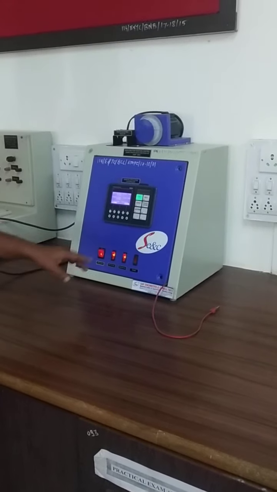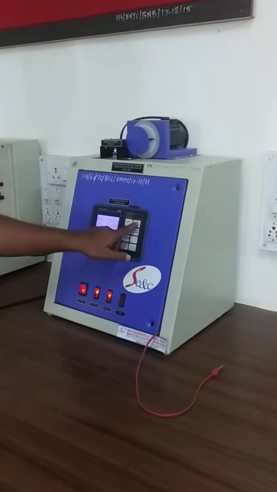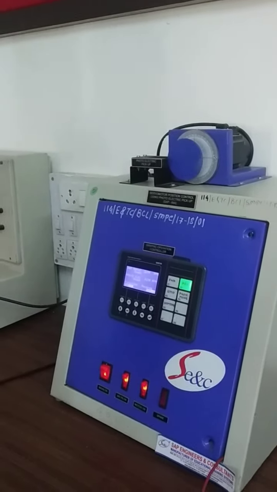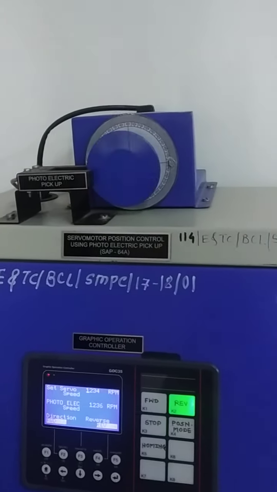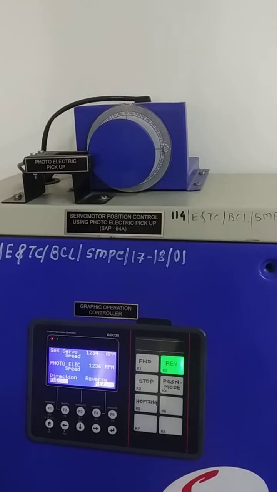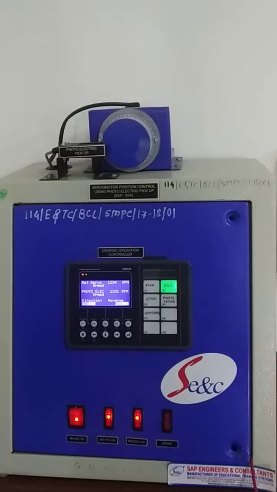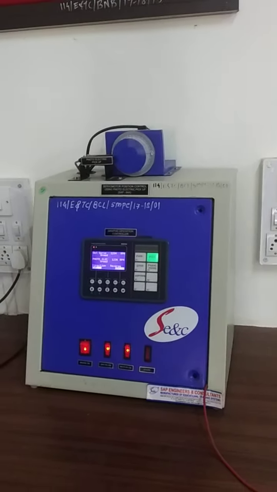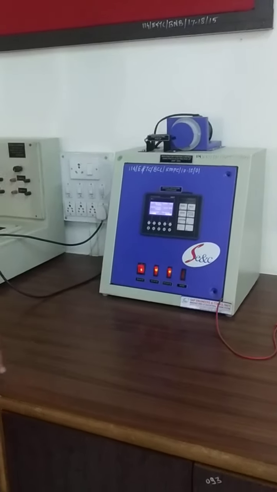Here we can do the reverse of this also. So we have to stop the motor and rotate it in the reverse mode. Now the motor is rotating in the reverse direction. Here you can also see this motor is rotating in the anti-clockwise direction, whenever we are saying it is reverse mode. Now we are stopping the motor.